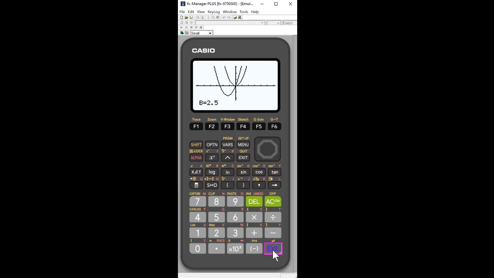What is B doing to my parabola? And this is the beauty of dynamic graphing. You can change and look at different variables, coefficients, and kind of really get a sense for them and help students discover what each is doing, so that when they are given an equation, they can already have a sense of whether it's opening up or down, whether it's to the right, to the left, whether it's vertically up, vertically down, those types of things. So dynamic graphing is a great way to explore and help students discover connections.